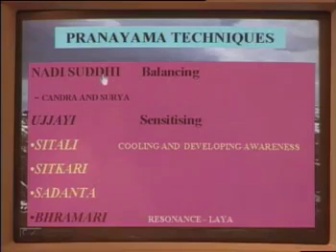Nadi Shuddhi is the one that brings balance between the left and the right nostrils. Breathe out through the left nostril, breathe in through the left, breathe out through the right, breathe in through the right. That process of alternate nostril breathing, slow breathing in and slow breathing out, are the key factors of pranayama in Nadi Shuddhi. And as the name indicates, this balancing cleanses the inner nadis, and the inner nadis are the